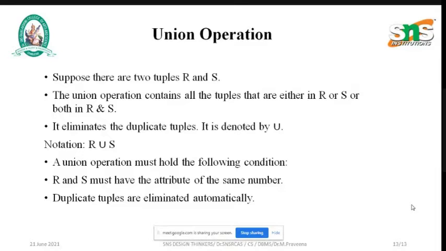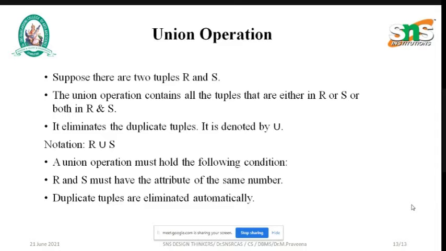That is, it eliminates the duplicate tuples, and this union operation is represented by the symbol ∪. For example, if there are two tables R and S, then we can use the union operation as R union S. Here R represents one table and S represents the other table.